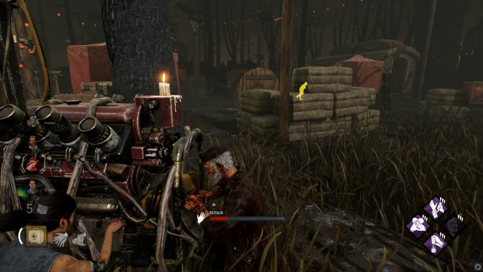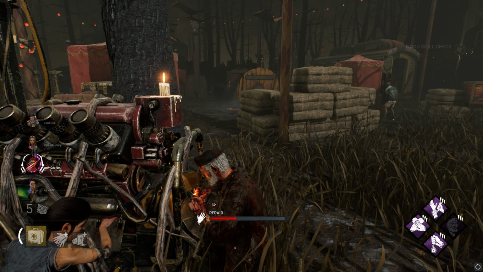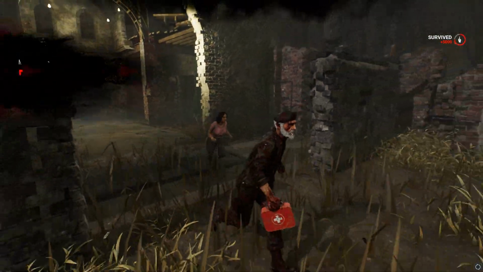In each game, there are 4 survivors and 1 killer. The main goal of the survivors is to repair the generators located around the map and then open and escape through the exit. The killer's main goal is